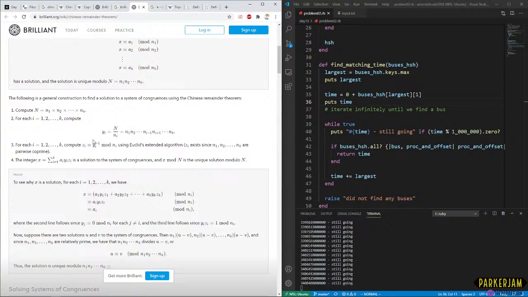So if you flip over Y, it becomes some sort of one of our bus IDs divided by the product of all of our bus IDs, and then modulus it by that bus ID. Well, can I just do modulus? Do I need a special type of modulus for this though?